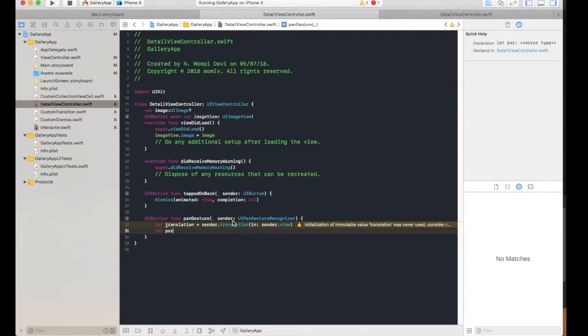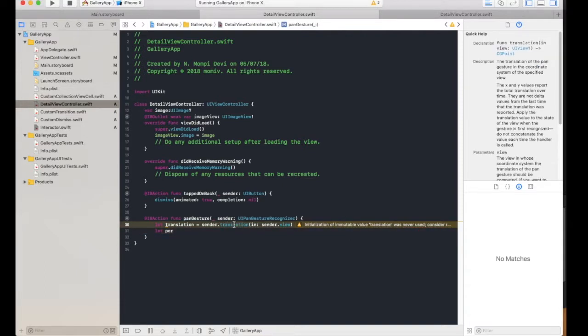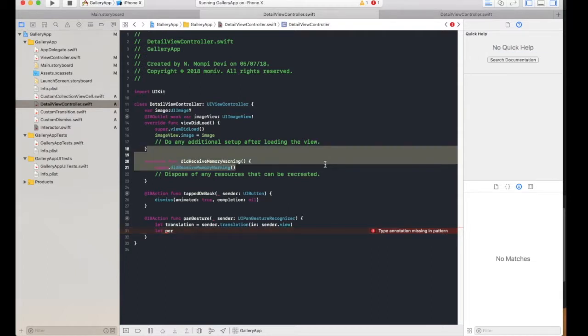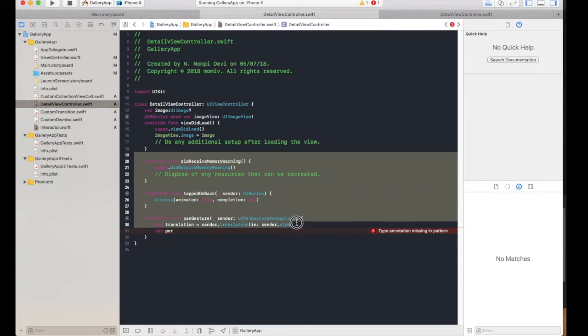So basically here we are just getting the translation location, right? But we need to check how much of the percentage is actually dragged. So if the user just drags a little and leaves it, basically that is of no use, right? It needs that detailed screen back again. But if the person is just dragging all the way down, then it means that this has to go all the way to the cell's location, right? If you have a look here,